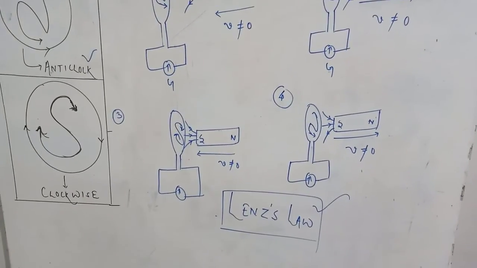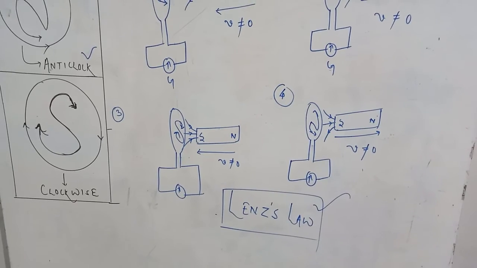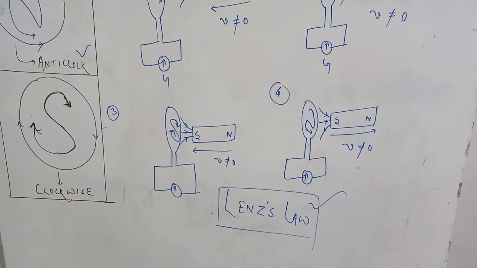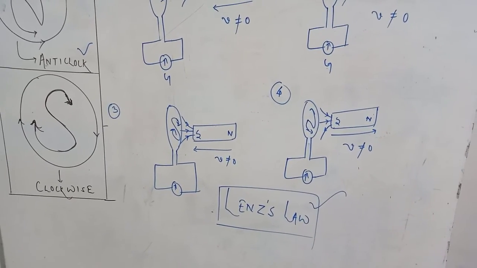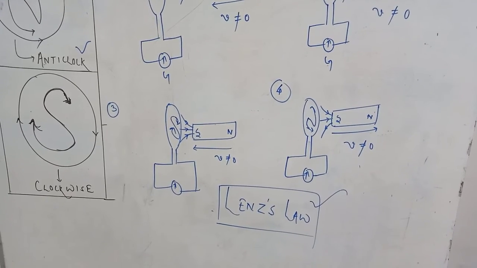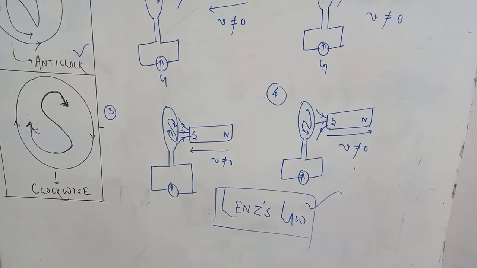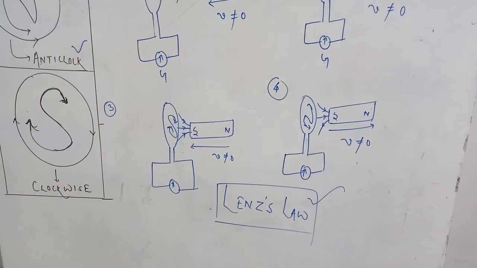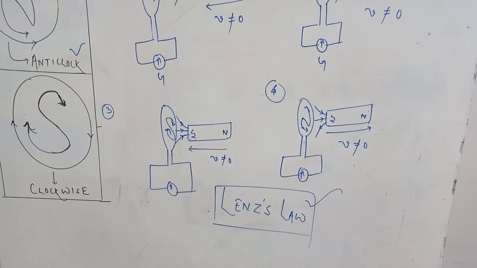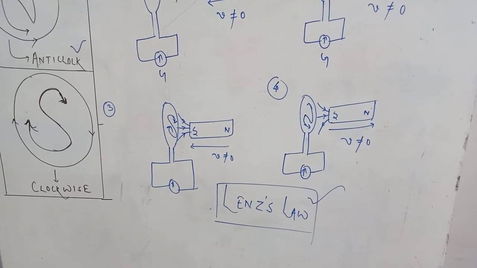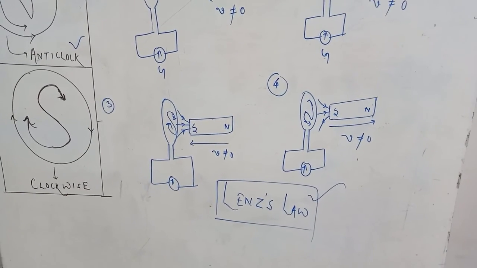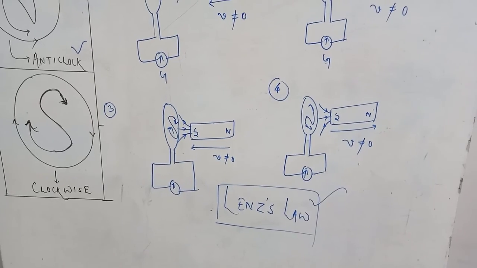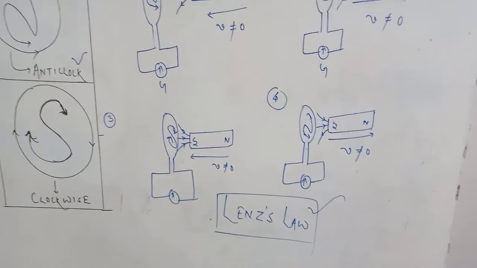If you see the third and fourth cases, again the south pole is moving towards and the south pole is moving away in the third and fourth cases. So when a south pole is moving towards, a south pole is induced. When the south pole is moving away, a north pole is induced according to Lenz's law. So again the direction of current changes. If the direction of motion of the magnet changes, the direction of current also changes. And when there is no change in magnetic flux, no current will be induced in the coil. So this is all